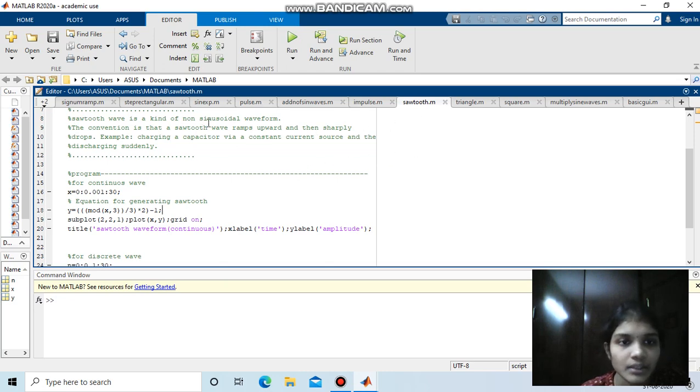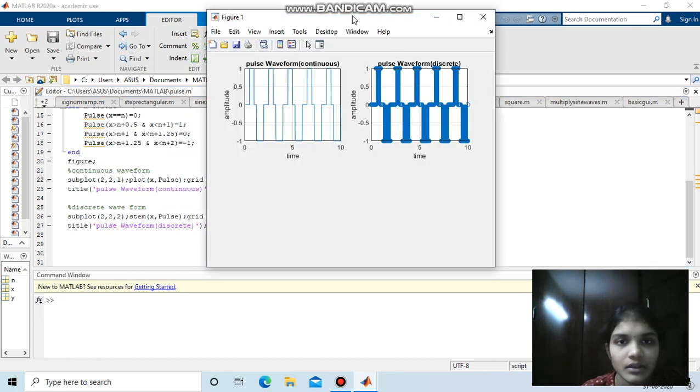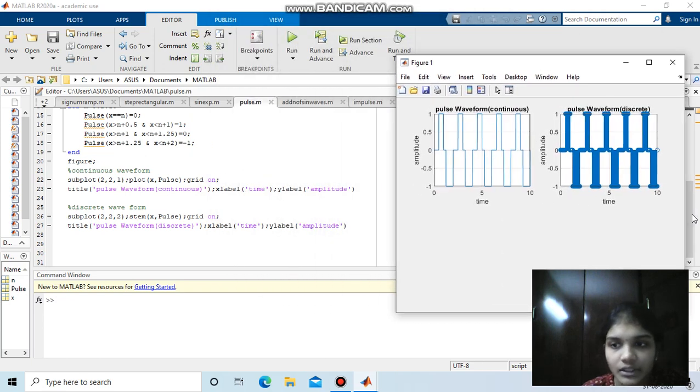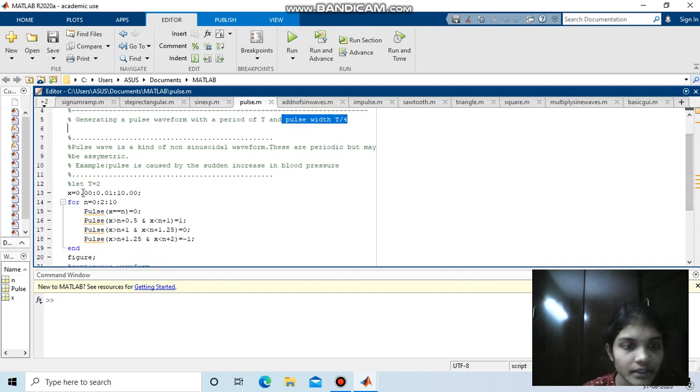Now let us see the pulse function. The pulse function looks like this. Here I took the pulse waveform with period of t and pulse width t by 4. So let t is equal to 2. So the fundamental period is 2 and pulse width is 2 by 4, 1 by 2. I took the range of x from 0 to 10, and if we see the graph,